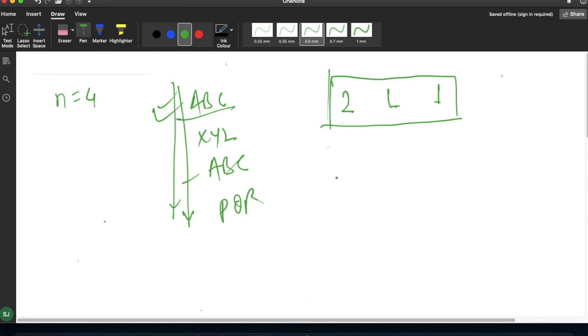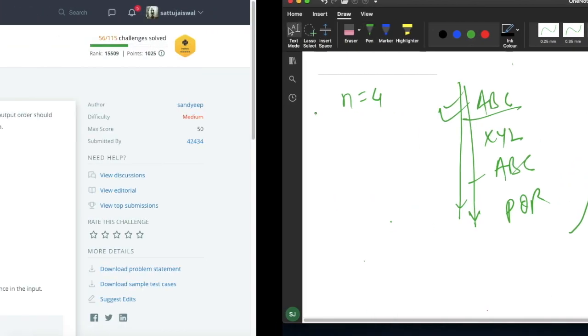So for example we cannot write the output like 1, 2, 1. Like for XYZ we have written 1, and for ABC we have written 2, and for PQR we have written 1. So this will be wrong. They are saying that we have to print the output in the same manner in which the input has occurred, and the output is their occurrences. So this is the problem.